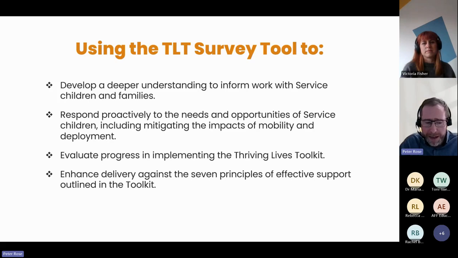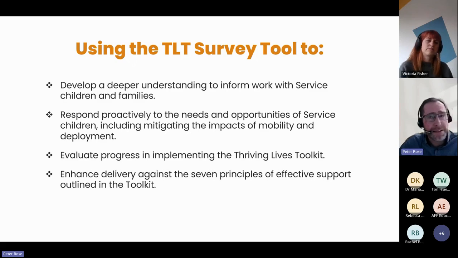So briefly, the idea behind the survey tool is to really support principles 5 and 6 of the toolkit. Obviously the focus today is on engaging parents, which is principle 6.